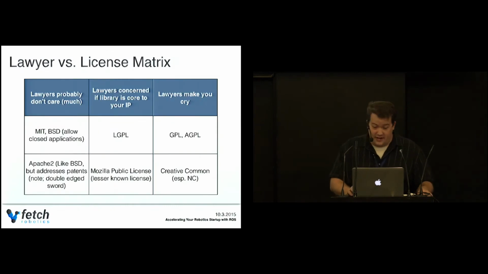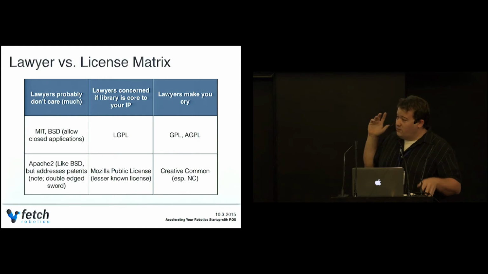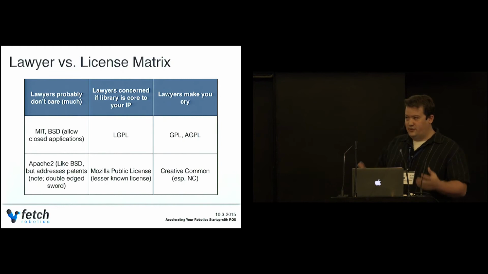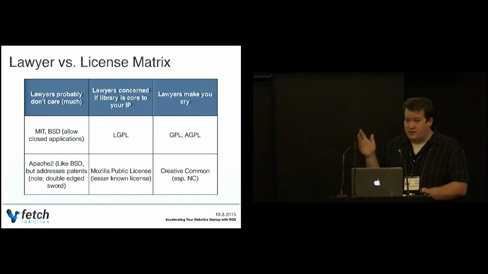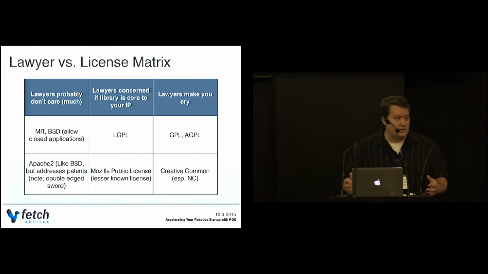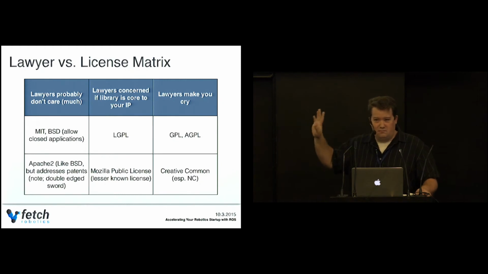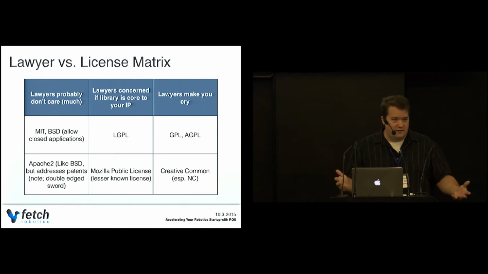This actually came out of a talk on Friday night with someone, since I'm frequently talking about things like this, as my lawyer versus license matrix. In a commercial endeavor, you're eventually going to be doing fundraising, potentially going public or being acquired. There are going to be many times in which you do due diligence. That means a whole bunch of lawyers come in and take a look at everything you've done. They're going to look at things like financials and who your people are. But they're especially going to be concerned if you're using ROS and open source, they want to know that you've done everything right. And so this matrix is split into three categories. First, your lawyers probably won't care much. They're going to look it over, but if you've got it all documented, you're good.